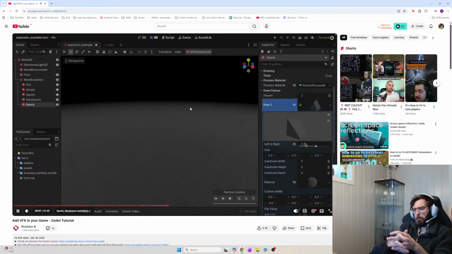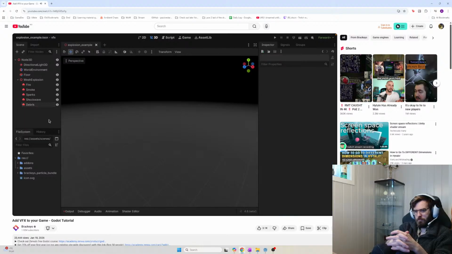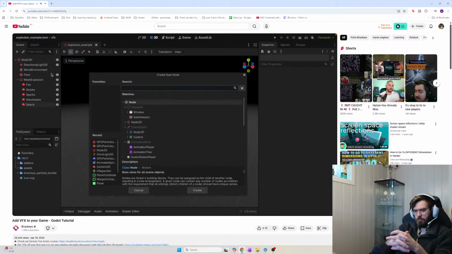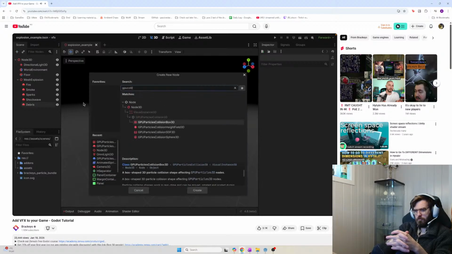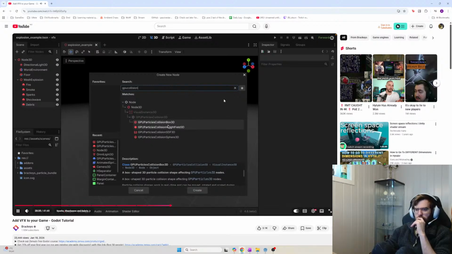Debris-like. And then of course they needed to collide with the ground. And this is where particles actually have a pretty big limitation. Because they're simulated on the GPU, they can't interact with the physics system which runs on the CPU. They simply have no way of knowing that the floor here has a collider. So instead, we have to tell the particles that there is something here to collide with. We do this by adding a GPU particles collision node. These are special